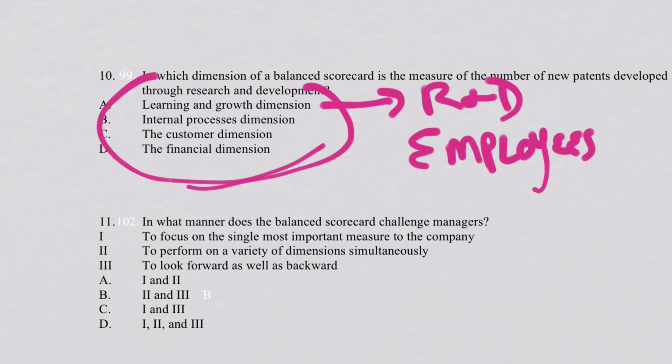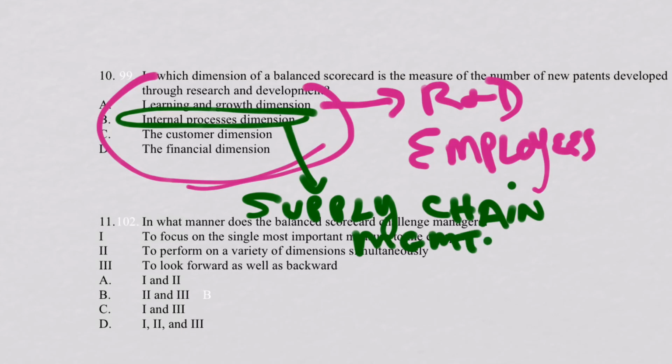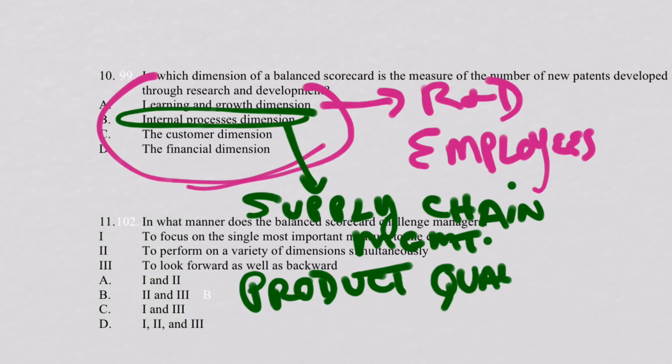Whereas the internal process dimension is where we concentrate on what in the first class I couldn't remember, this key phrase, supply chain management. That's part of it. It's just doggone getting the product out. How well do we get it out? How well do we control our inventory? Product quality. All the things that go into the delivery process of the product or the service,